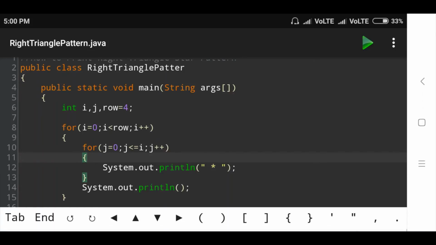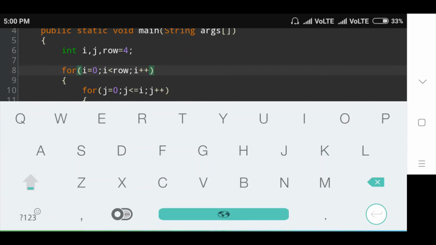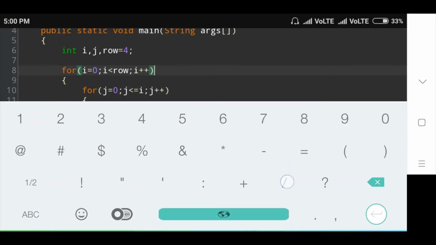Now see here, I will take row value 4. Then go to the for loop condition. Initial i value 0, i is less than row, i plus plus. Then check whether 0 is less than the row value or not. I value 0 is less than 4, so the condition is true.